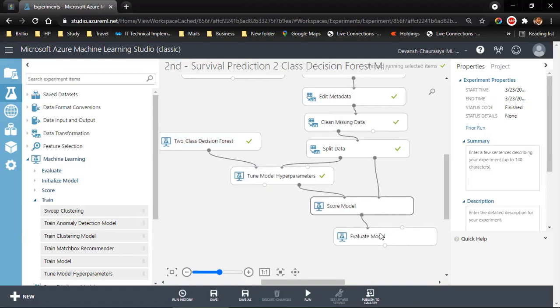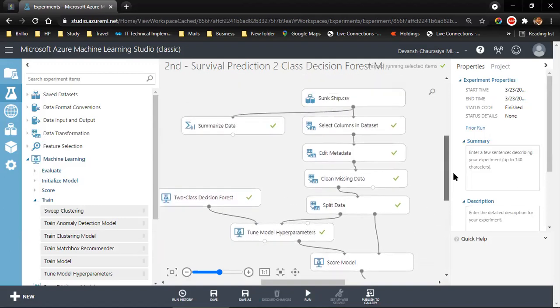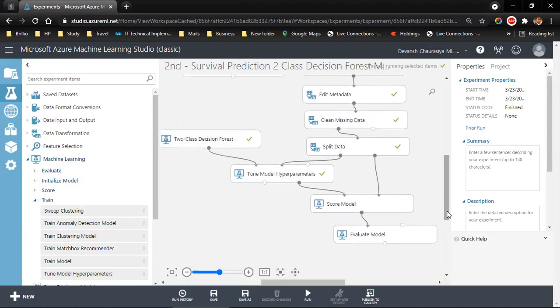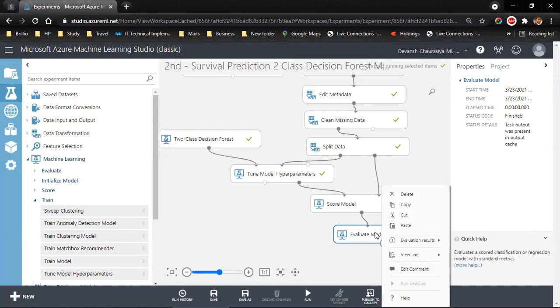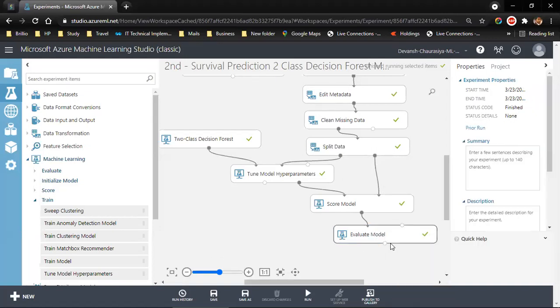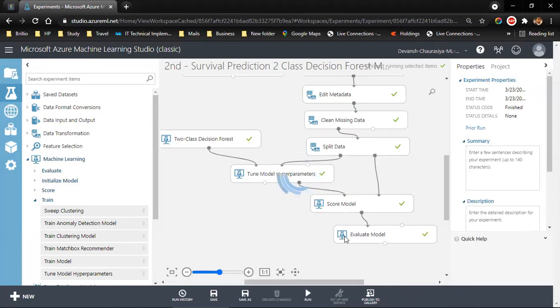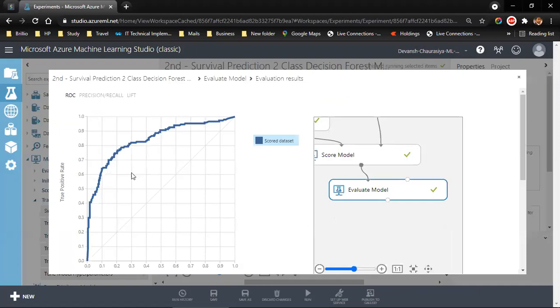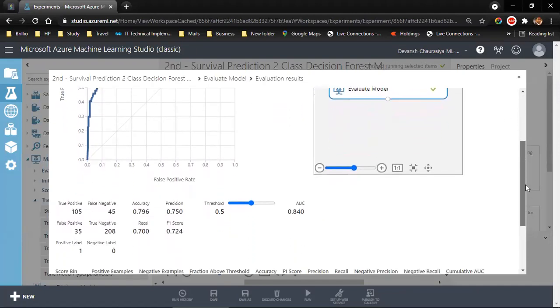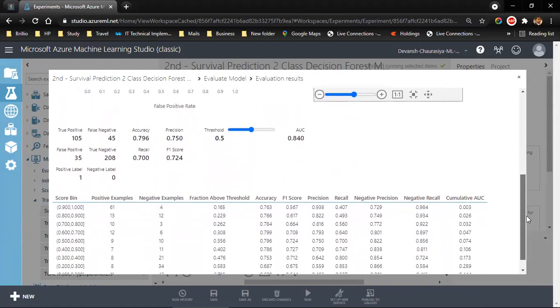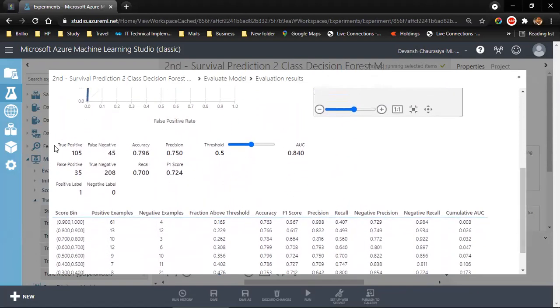So it's working on score model. These all have run automatically. Let's wait for a while. Now finally our model has run. I can right click on the output and I can go to visualize data. Now you see this is the area under the curve, and this is our confusion matrix.